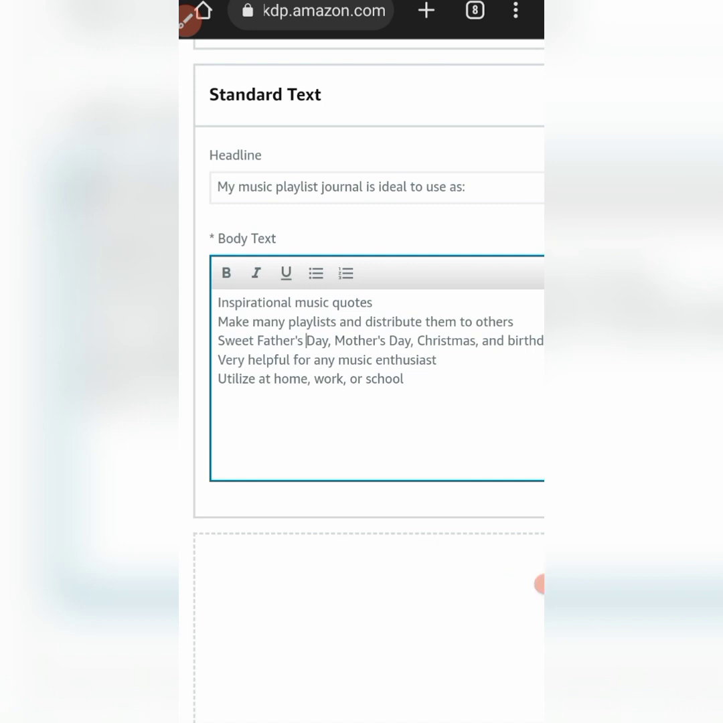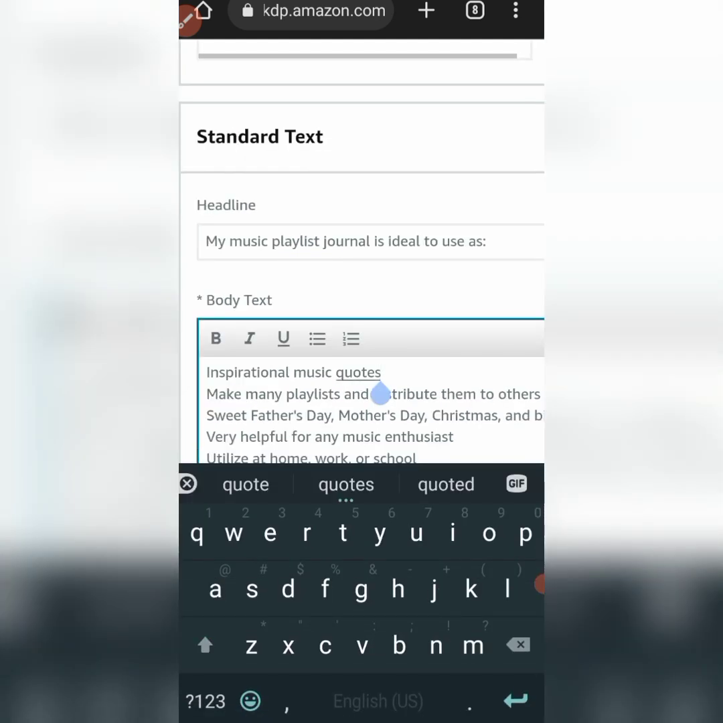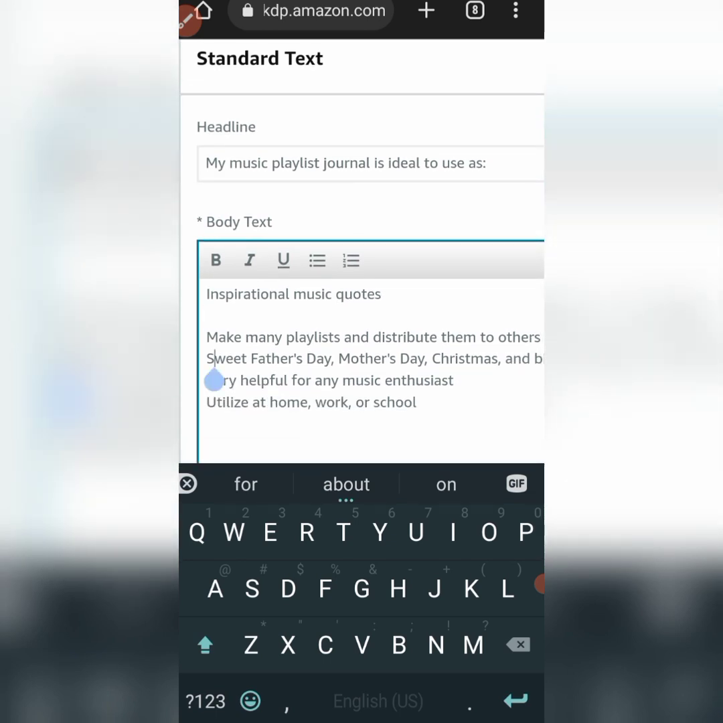Sorry about that, a kind of distraction, and it's very urgent. I needed to attend to that. I never planned it. So guys, as I was saying, inspirational music quotes, it's actually ideal to use as inspirational music quotes. You can break the page,